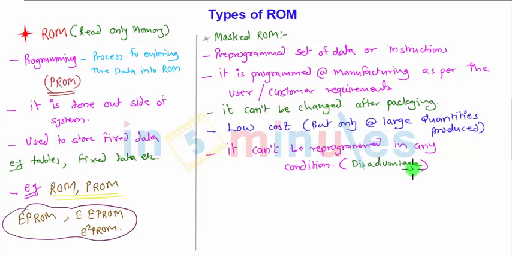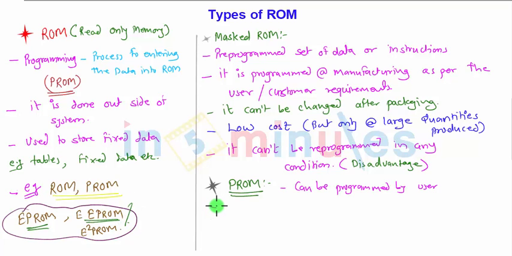Now let us move on to the programmable read-only memories. We have already seen that these memories can be programmed. The second point is programmable read-only memories, the PROM. I'll quickly finish up with the PROMs because I already discussed the PROM in the section on differentiating between electrically programmable memories and the EEPROMs. So it can be programmed by the user. The next point is the PROM is programmed only once, after which its contents are fixed.